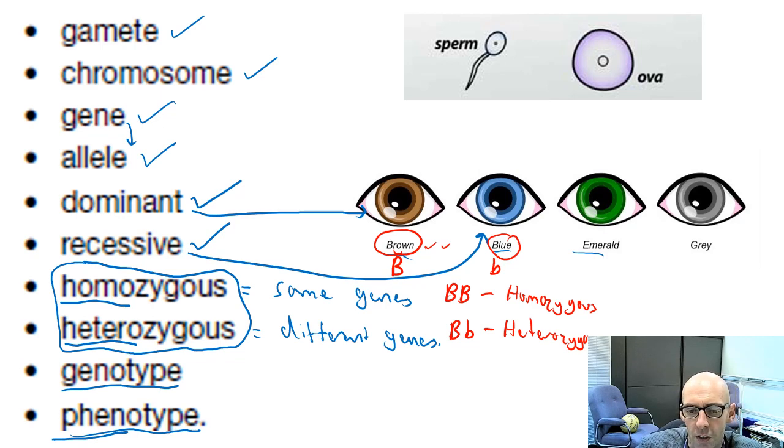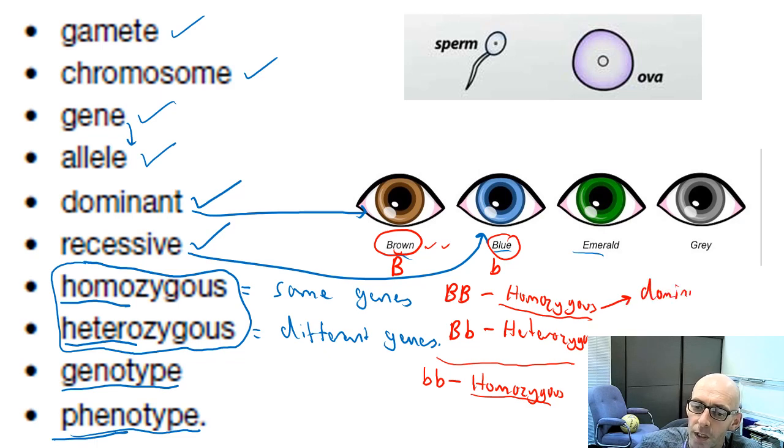Now there is a third one that we didn't discuss. The third one would be, what if you received a blue one from your mom and a blue one from your dad? Well, you'd have blue eyes, but that again is homozygous. So how do we tell them apart? We've got a homozygous here and a homozygous here, and it's really easy. That's homozygous with 2 of the same genes, but they are dominant, so we call it homozygous dominant. And these 2, where there's 2 genes but they're both the small ones, they're homozygous recessive. Right, pause if you need to, or otherwise, let's move on.